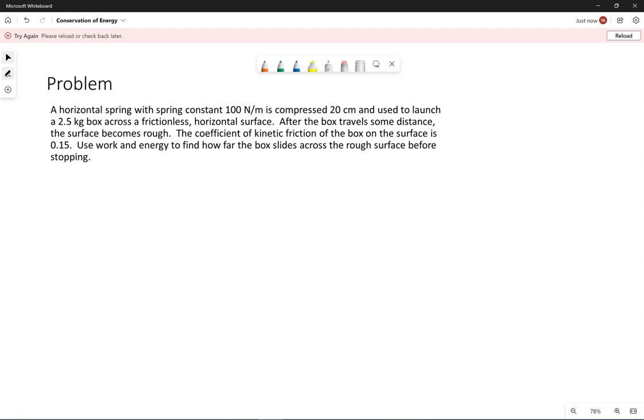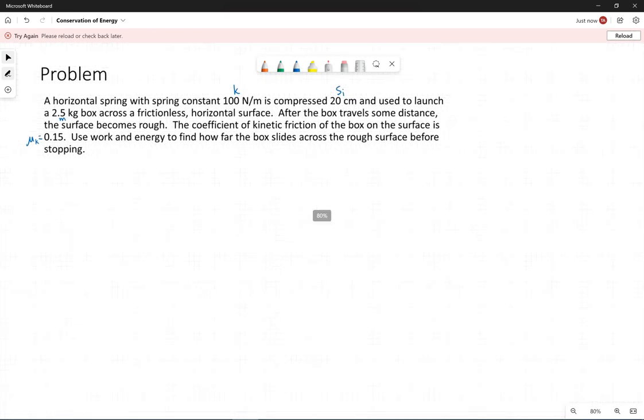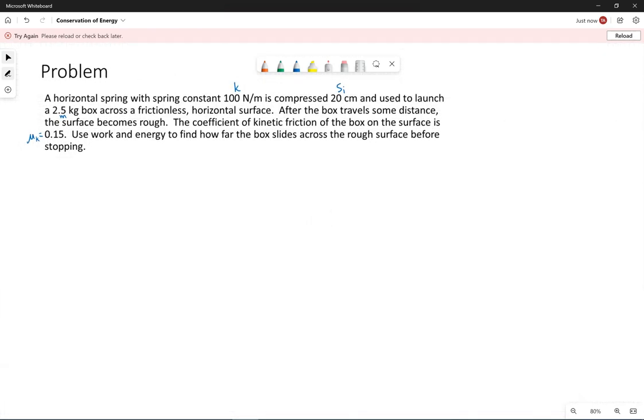Another example here. We have a horizontal spring. It has a spring constant of 100 newtons per meter. It is compressed 20 centimeters and used to launch a 2.5 kilogram box across a frictionless horizontal surface. After the box travels some distance, the surface becomes rough. The coefficient of kinetic friction between the surface and the block is 0.15. We want to use work and energy to find how far the box slides across the rough surface